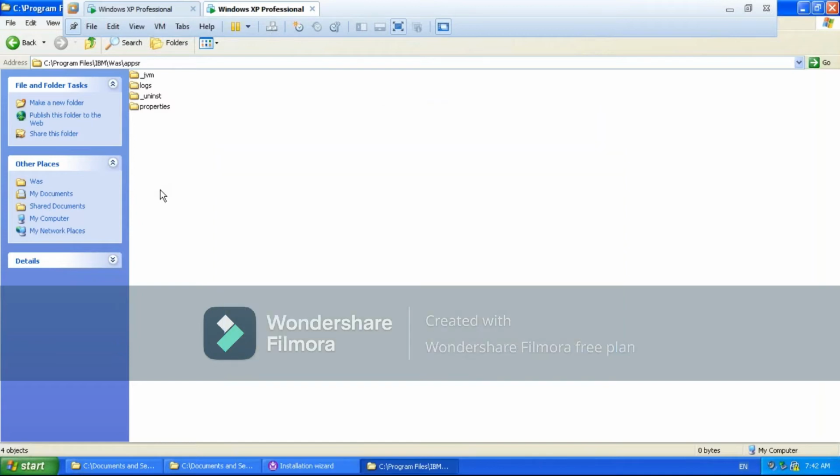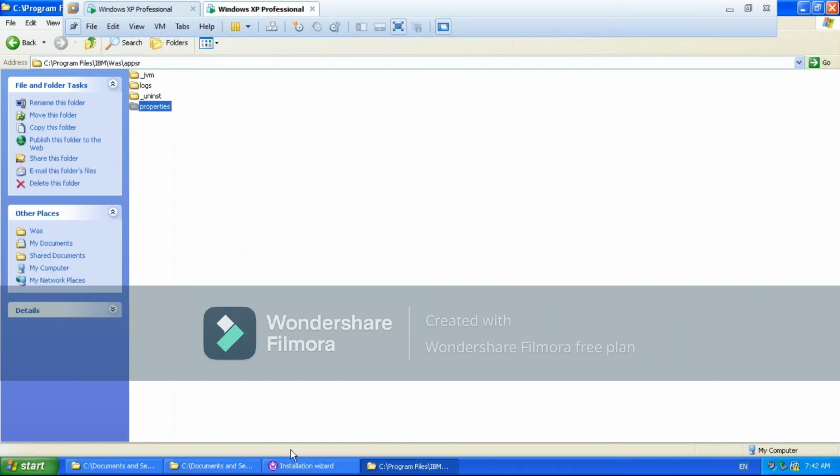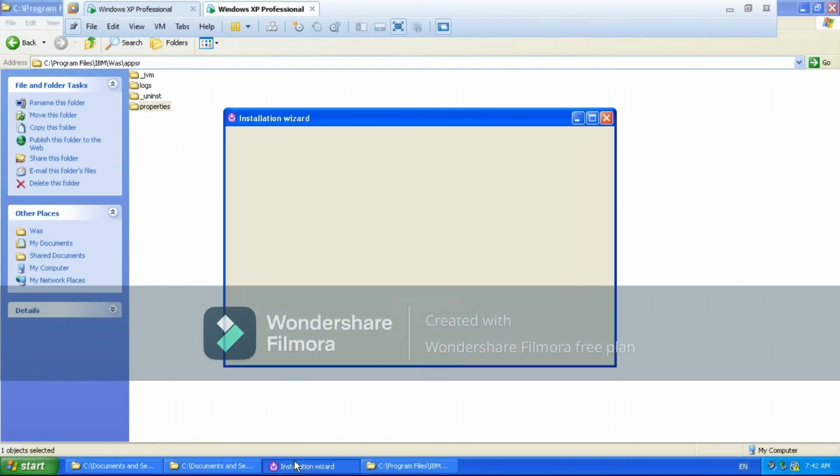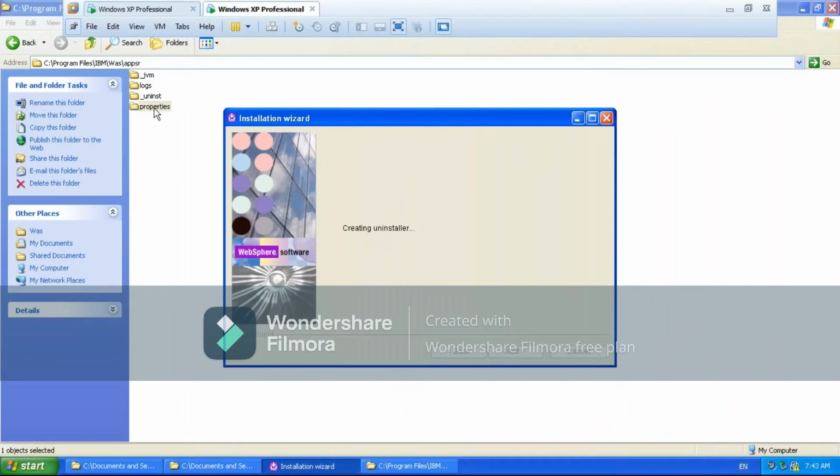Why am I saying this many times? Because by using these product binaries, which are in this WAS home, we are going to create the profiles.